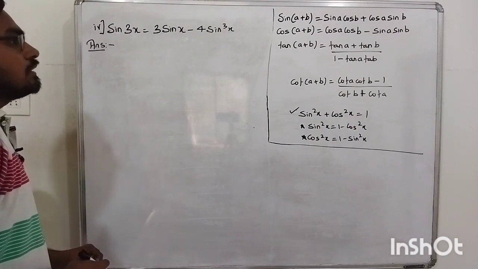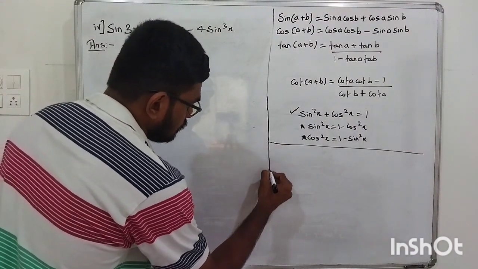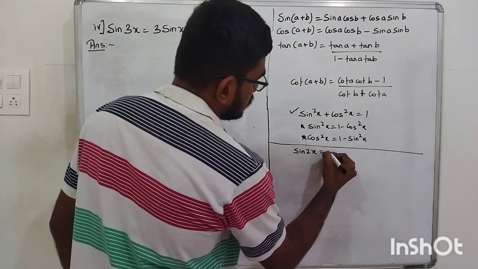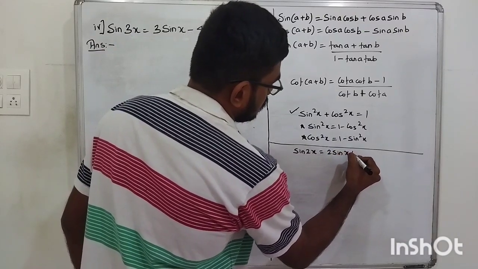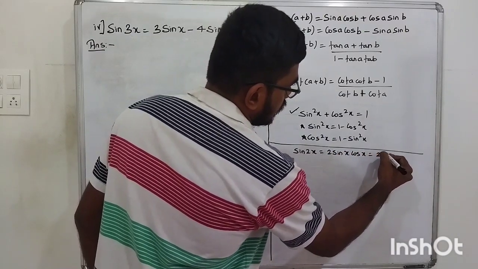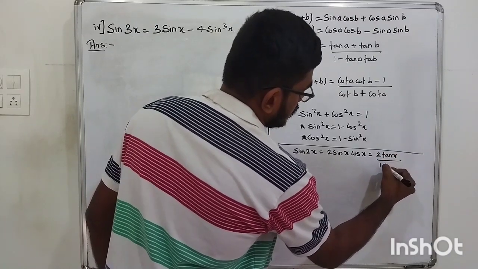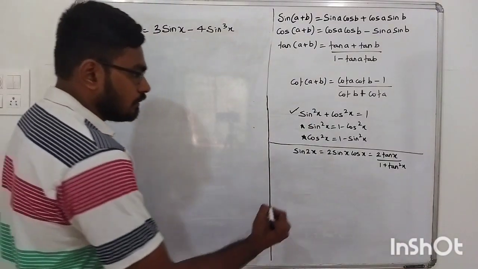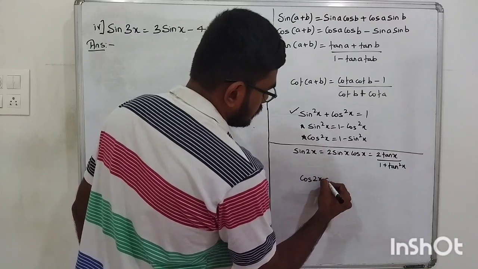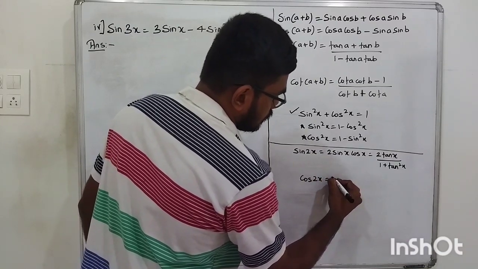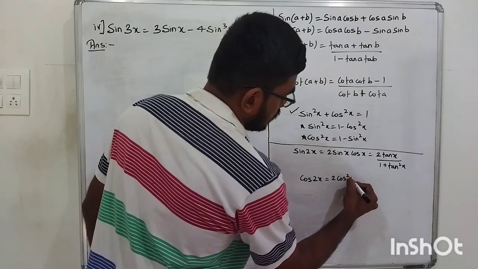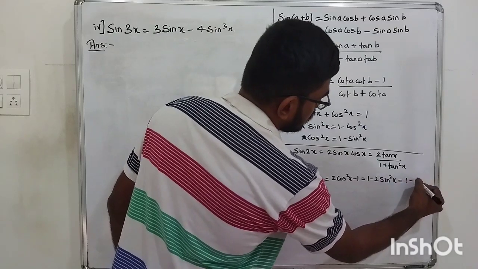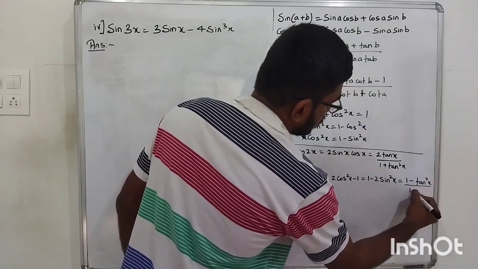See, we have derived sin 2x, no? Which are the formulas which we have derived? Sin 2x is equal to 2 sin x cos x, which is the same as 2 tan x upon 1 plus tan square x, correct? This is one formula that we have derived. Second one, cos 2x, for which we have four formulas now: 2 cos square x minus 1, or 1 minus 2 sin square x, or 1 minus tan square x upon 1 plus tan square x.